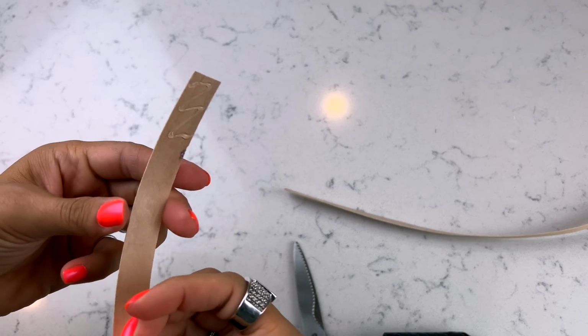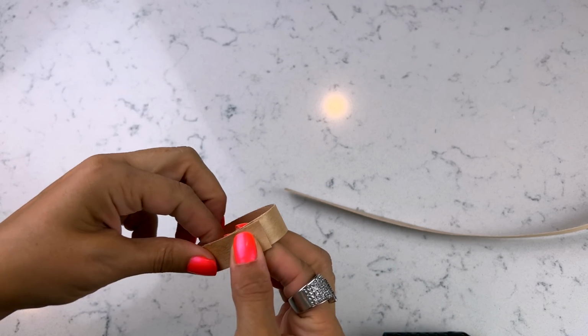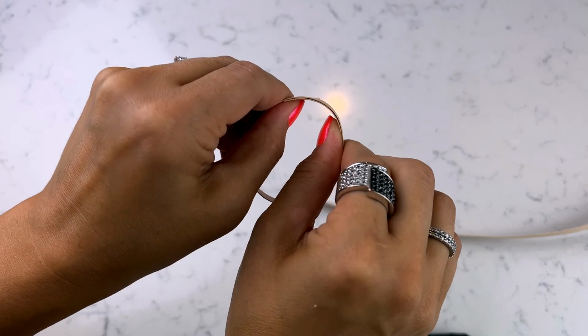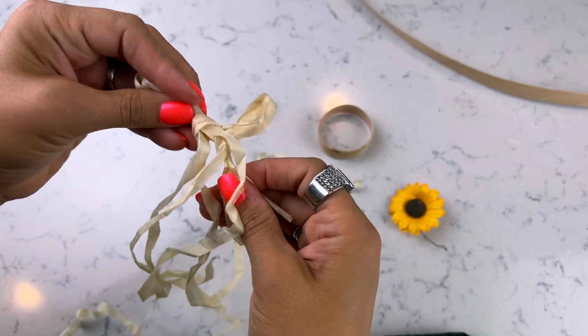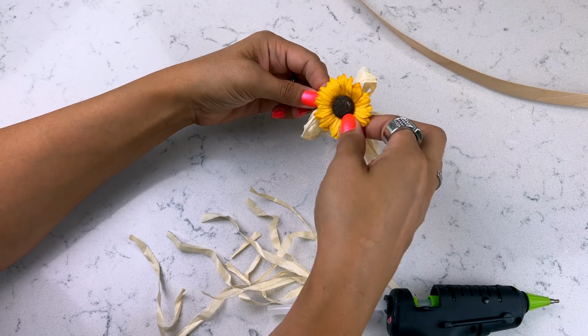So I took little pieces off and then wrapped them to the size I wanted for a napkin ring, and left myself enough of the wooden piece to overlap. I just used a generous amount of hot glue, pressed it in there and held it really tightly. And then you can decorate it with little accessories from Dollar Tree, using little bows or little mini flowers,